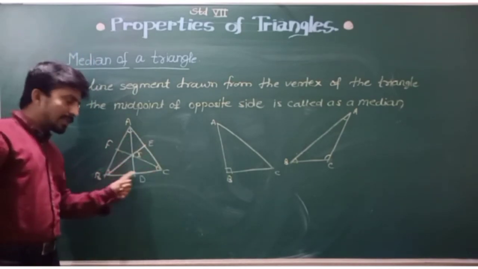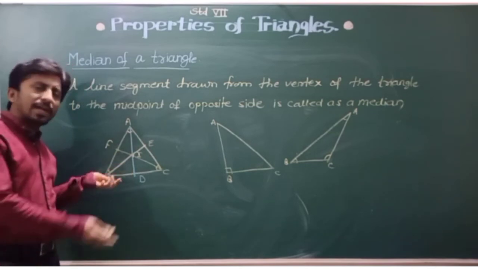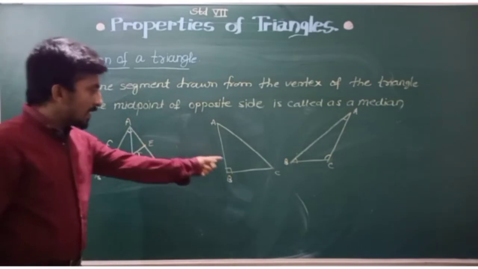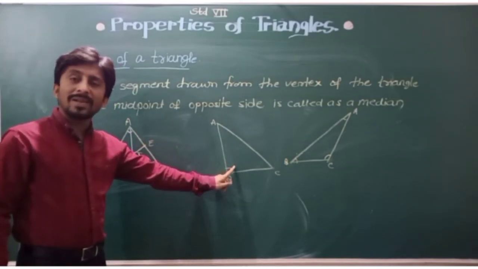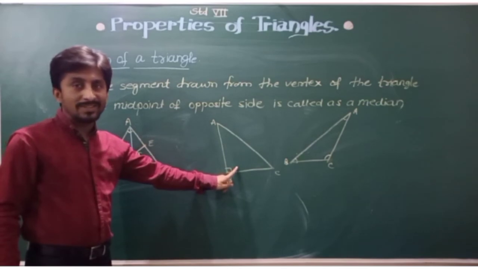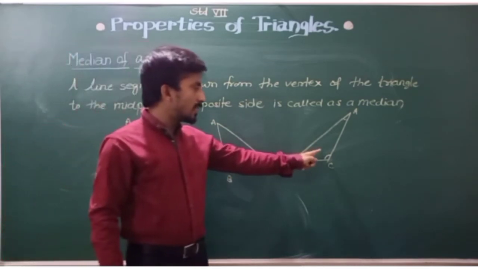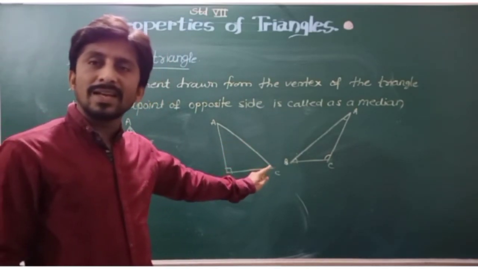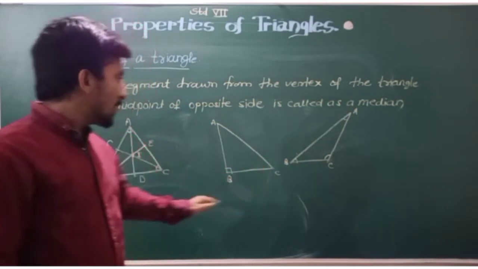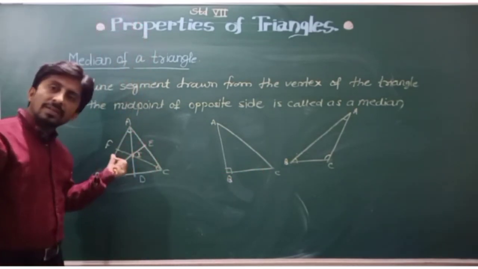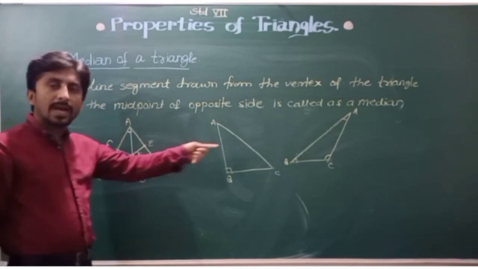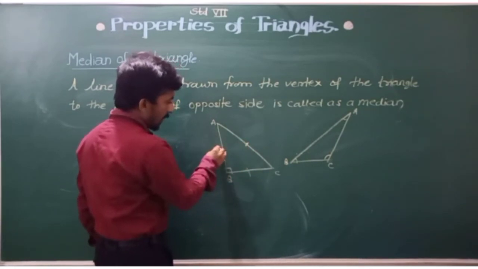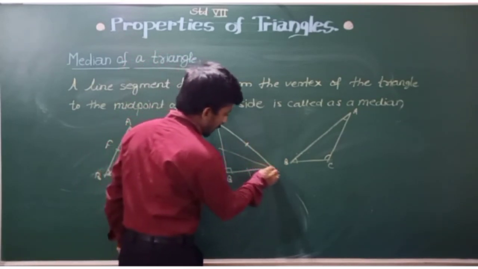Now see here, in this case, the median of a triangle lies within the interior region of the triangle. Here, in the right angle triangle, the median will also lie within the interior region of this triangle. And for this obtuse angle triangle also, all the medians will lie in the interior region of the triangle only. Okay? So, the way I have drawn the medians for this triangle, you can try for the other two triangles. Very simple. Mark the midpoint and join with the vertex. Okay? So, you can try.